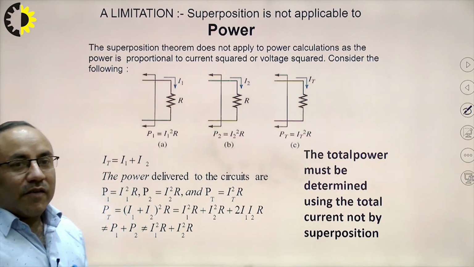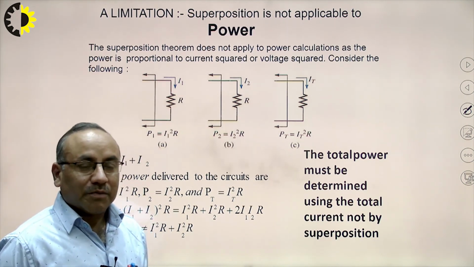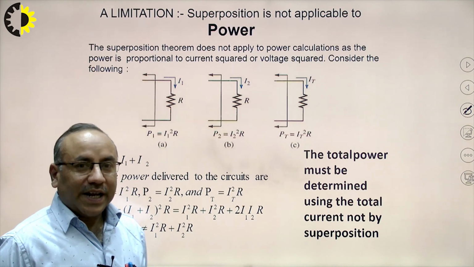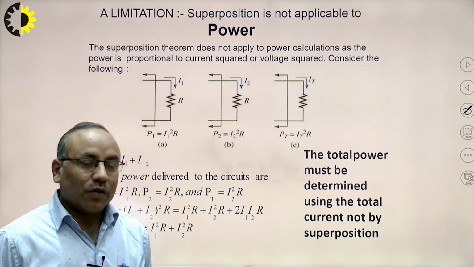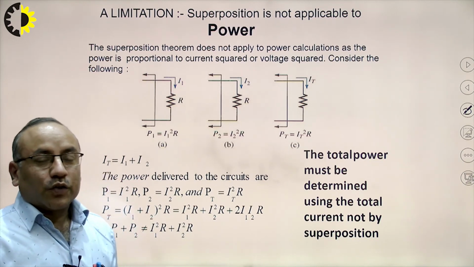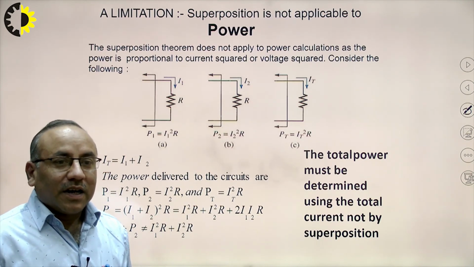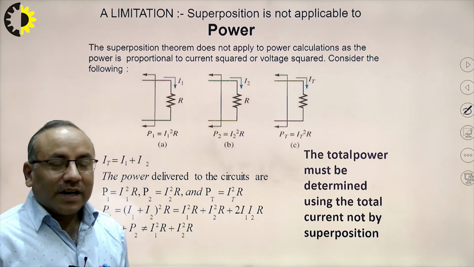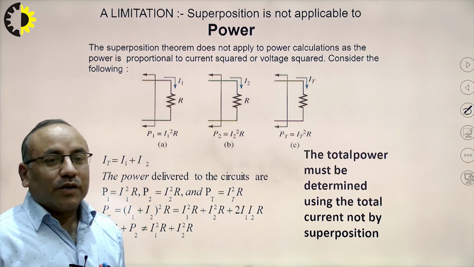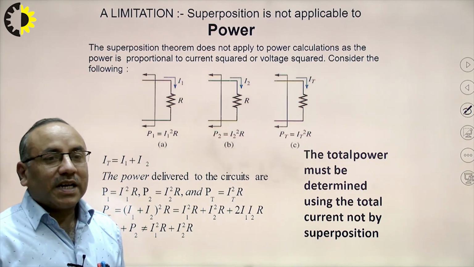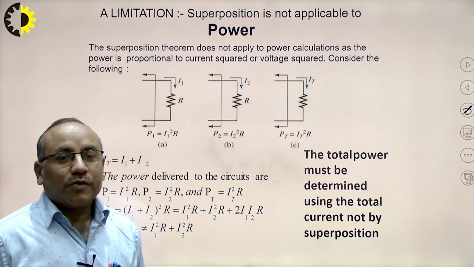The reason being, if we find the resultant current in this resistance R using the superposition theorem, suppose that current is IT, given as the algebraic sum of the two currents I1 and I2, or IT equal to I1 plus I2. So the power in the resistance will be given by the resultant current IT square into resistance R. So Pt is equal to I1 plus I2 whole square into R, which comes as I1 square R plus I2 square R plus 2 I1 into I2 into R.